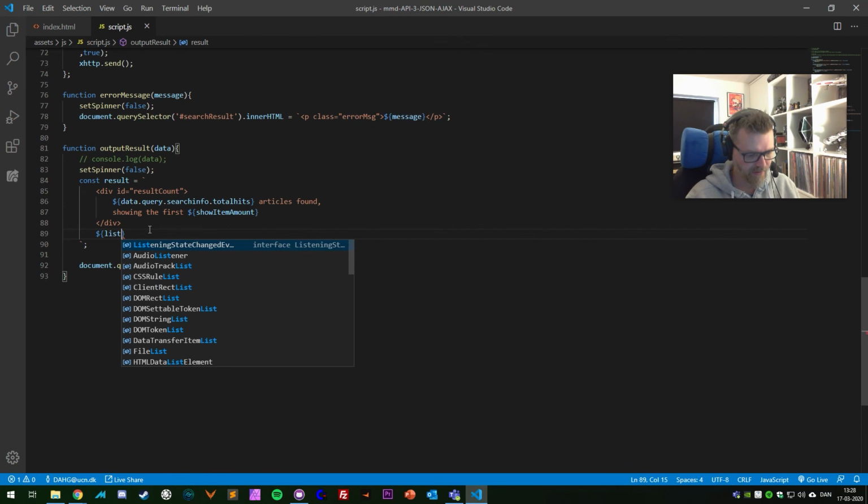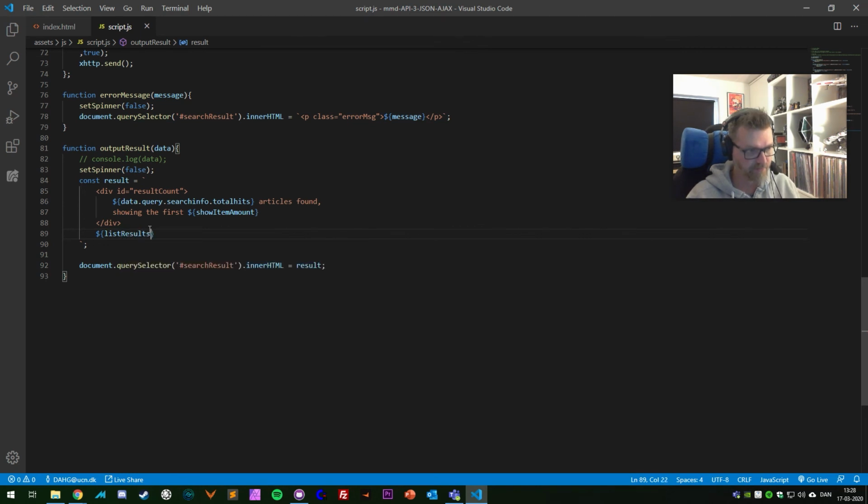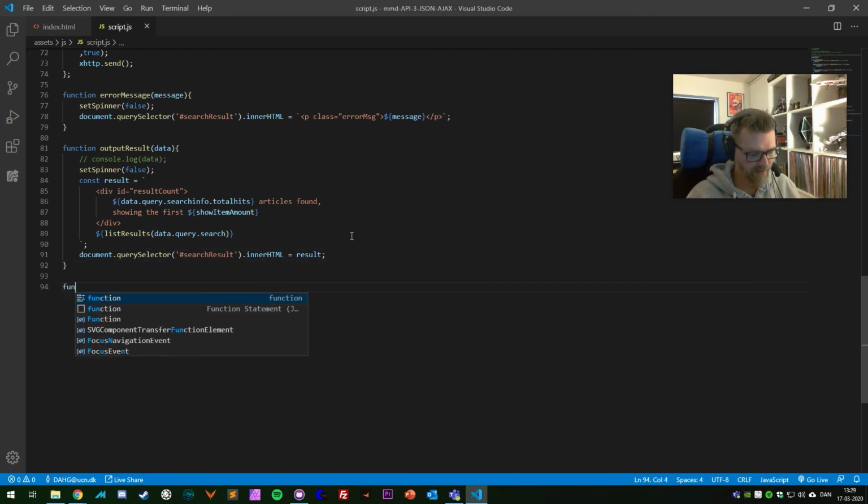So if we call it listResults, we can add a parameter to it with the data.query.search, which is an array of the results. So we should be good there, and if we start creating the listResults function down here,